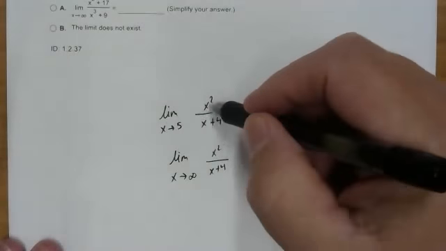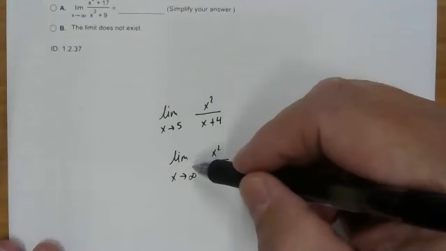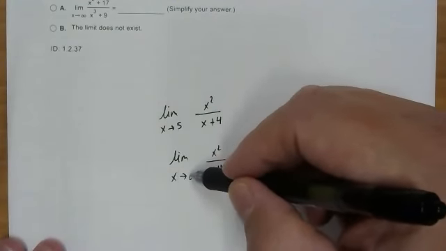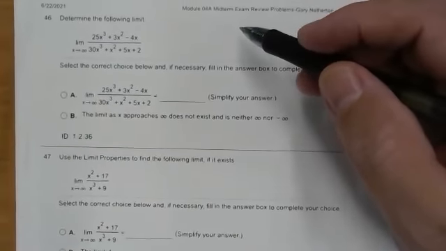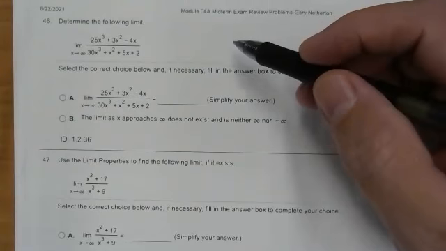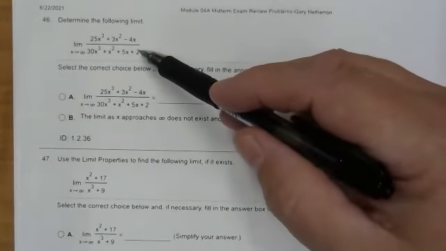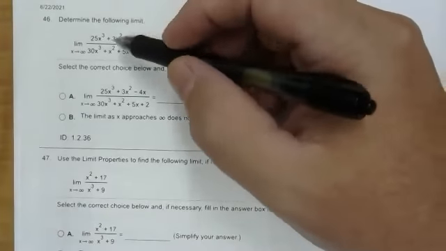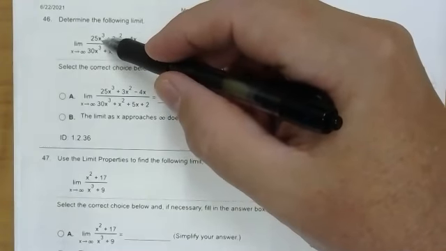So earlier in this review, we did some limit problems where x is approaching a number. However, there were not any problems where x approaches either infinity or negative infinity. So that's what these two are. And because these two kinds of limit problems are totally different, I want to actually go ahead and do a couple of these. Now, there's some different ways that people like to solve these, but what I like to do is I like to